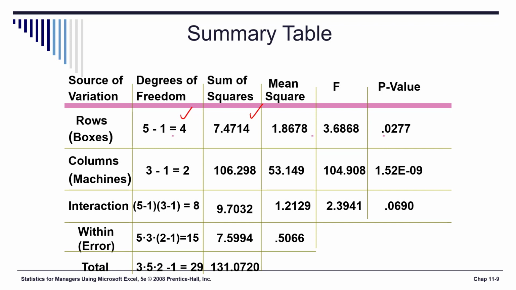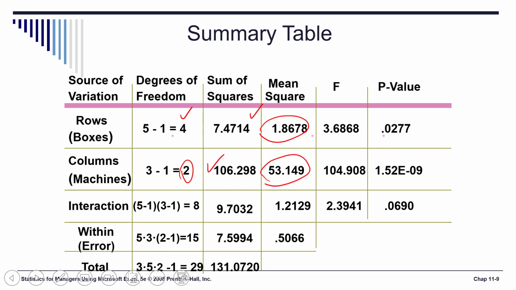So mean of square for the row factor will be sum of square SSA divided by degree of freedom. So in this case, it's 1.8678. Okay, so get that one. And for the column factor, degree of freedom, we have 3 columns, 3 minus 1 is 2. And the sum of square is 106.298. So dividing 106.298, sum of the square for the column factor, by degree of freedom, we end up with